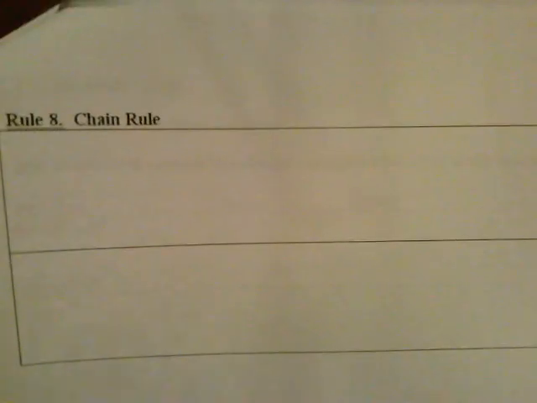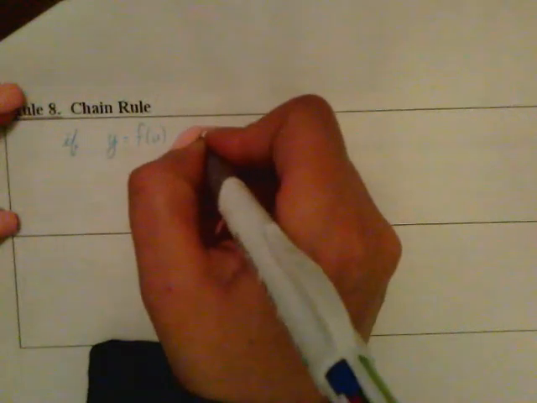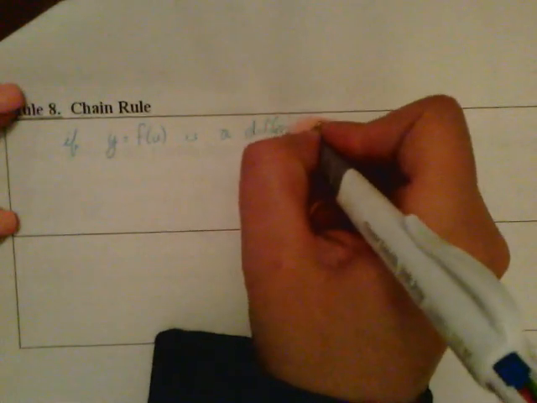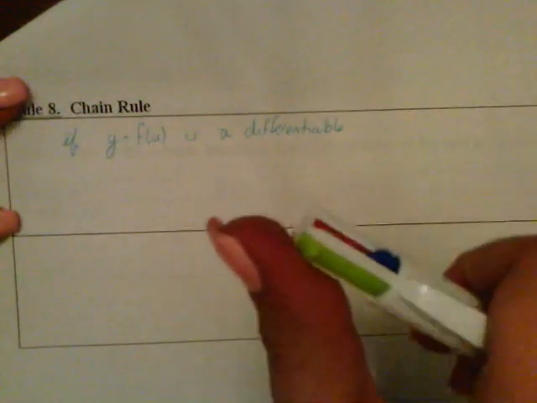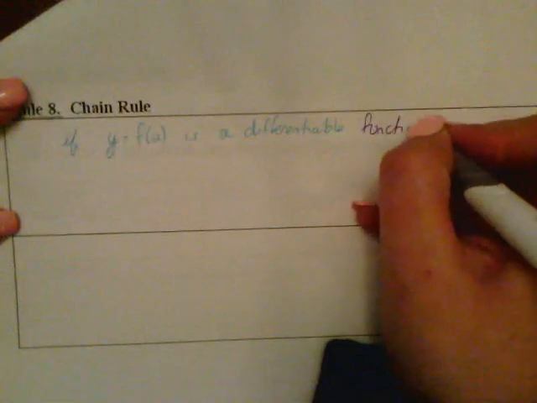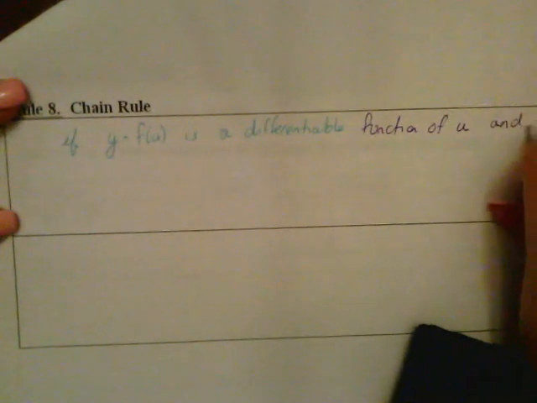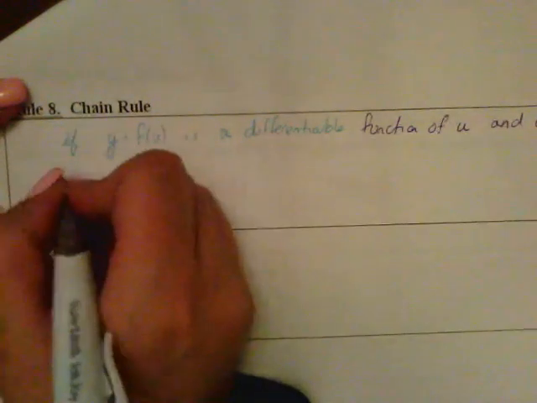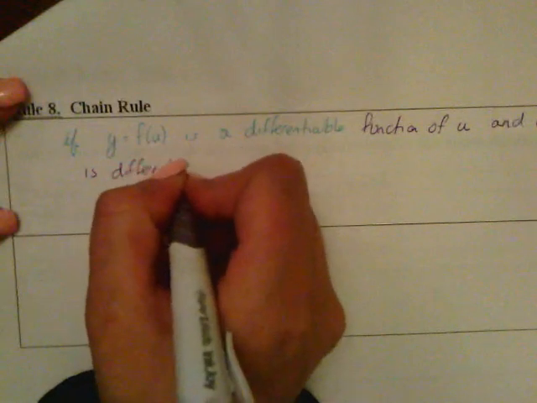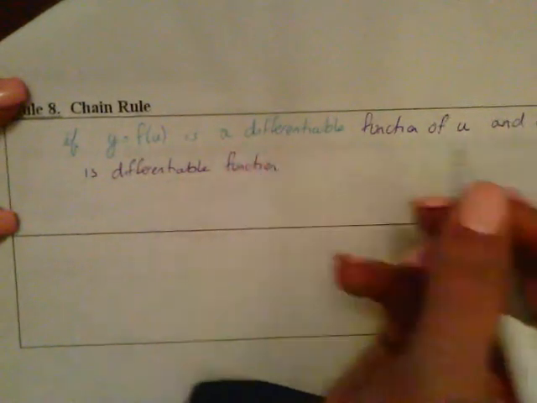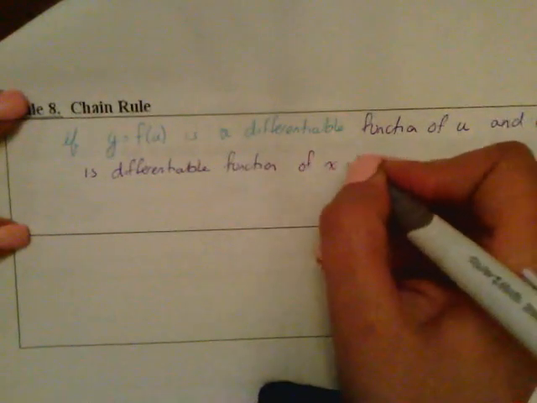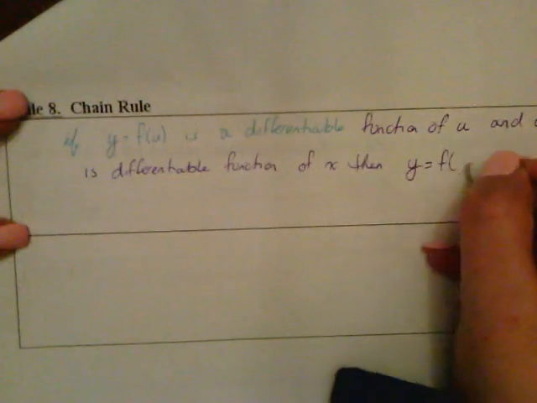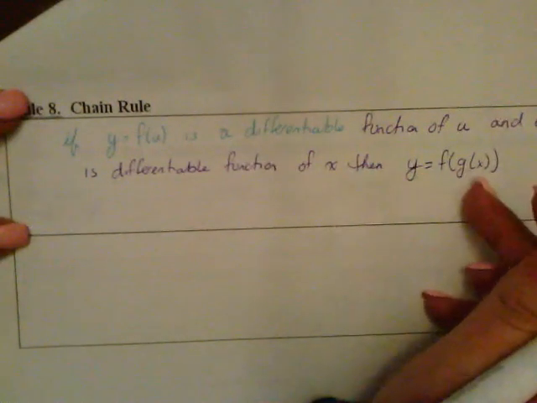So this is rule number 8, that goes along with the product rule, the quotient rule, and all of those other rules that we talked about. So the chain rule says that if y equals f of u is a differentiable function of u, and u equals g of x is a differentiable function of x, then y equals f of g of x, okay, outside function, inside function,